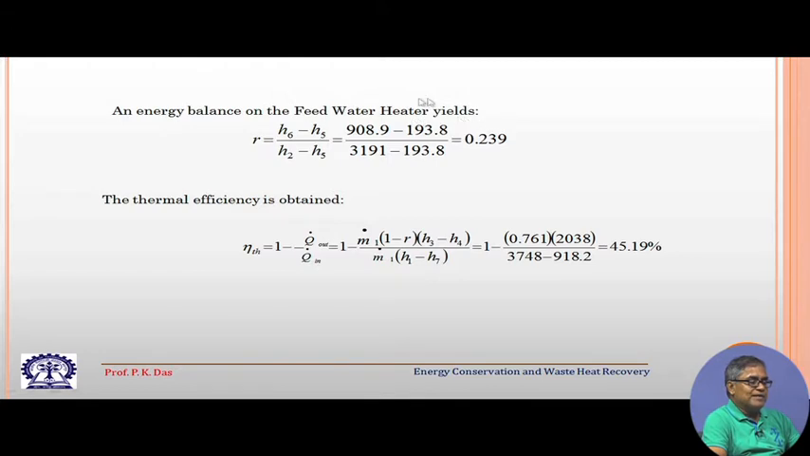Here, from the energy balance, as I have explained earlier, we can get R, which is the ratio of these two mass flow rates, equal to 0.239. That means if we know the total mass flow rate, multiplied by this quantity it will give us how much steam we are extracting, all right. And then we can find out the thermal efficiency. The thermal efficiency can be calculated by a different method. We can simply do